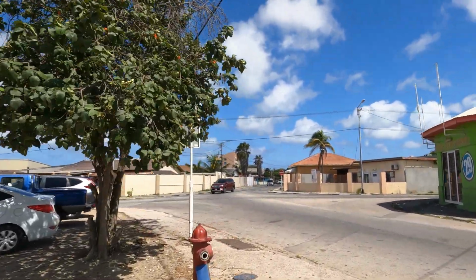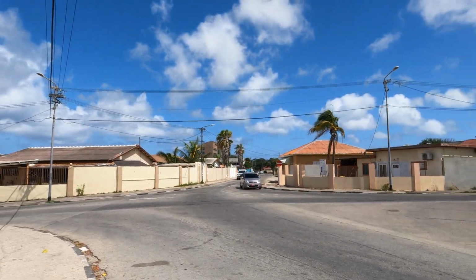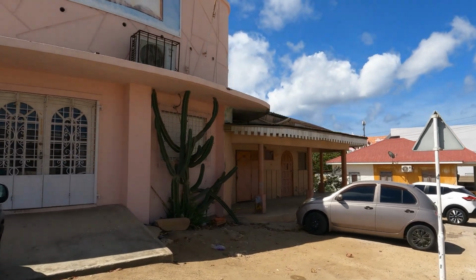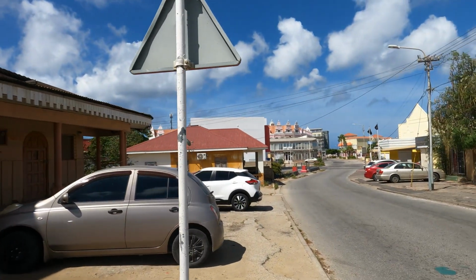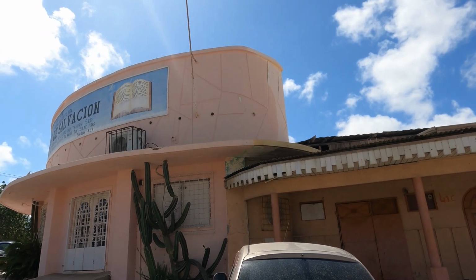So I guess my impressions are that it's remarkable how different the downtown looks from residential areas. I also notice a lot of foreign shops, or Indian and Chinese shops, people who now call Aruba their home. And I noticed a lot of cactus and plants and flora that you'll associate with dry areas, which Aruba undoubtedly is. And I've also noticed a lot of places of worship